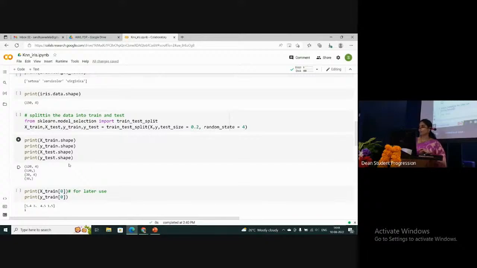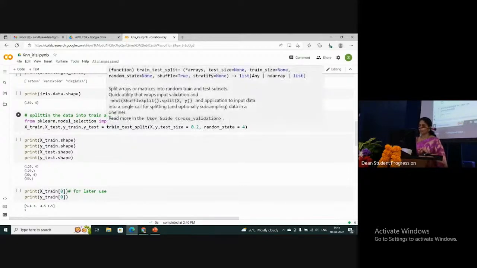So if 80% is your training data, that's 80 by 100 into 150, which comes to 120. And then the remaining 20% data is your 30. Okay, so 20 by 100 into 150, that's what you're looking at. So now, how do I do this splitting? I say X_train, X_test, Y_train, Y_test is equal to